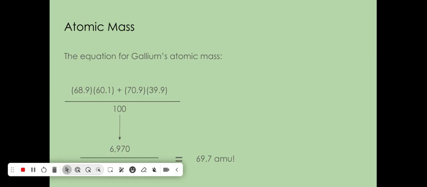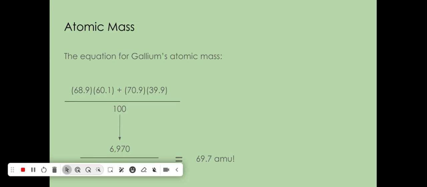Okay, here on the slide is a picture of how to work out the problem. Start by multiplying 68.9 times 60.1. Then multiply 70.9 times 39.9. Then I don't have those values written here, but add those two numbers together and you should get a sum of 6,970. Finally, divide that value by 100 to find the atomic mass, which should be 69.7, meaning that gallium has an atomic mass of around